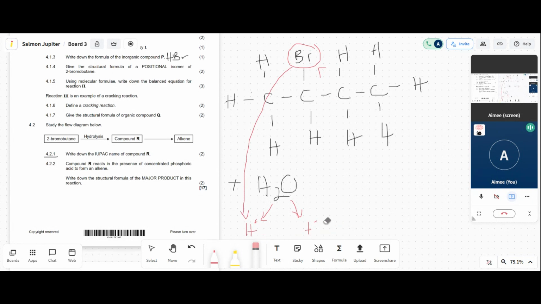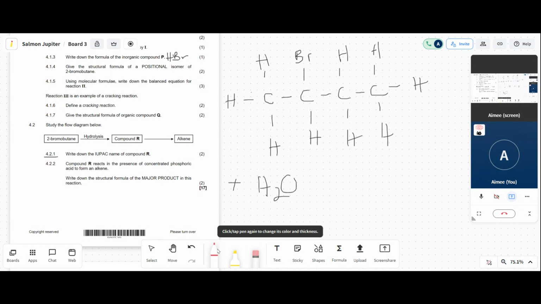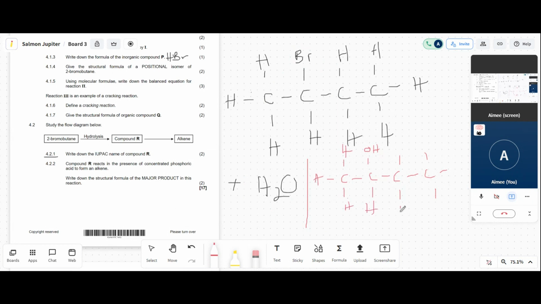So basically what you're left with is... and that's what you're left with. Okay, so this is compound R,